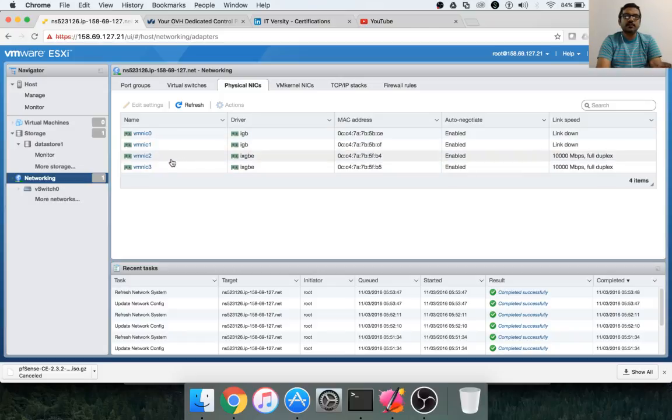Actually, there could be redundancy of these switches. For example, if you see, we have VMNIC 0, VMNIC 1, VMNIC 2, and VMNIC 3, and you see these 2 are ixgbe driver. I'm not sure what these are all about. I'm not an expert in networking. We have 4 network switches, and 2 of them are down and 2 of them are up, and they can actually take up to 10 Gbps. If we go to the other